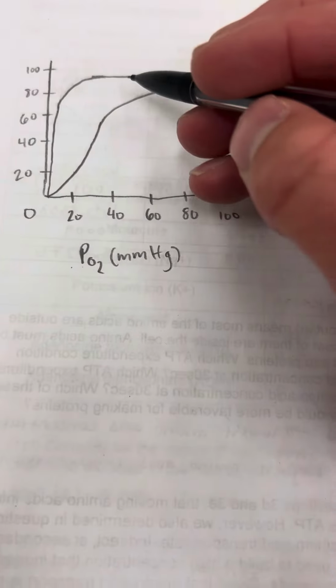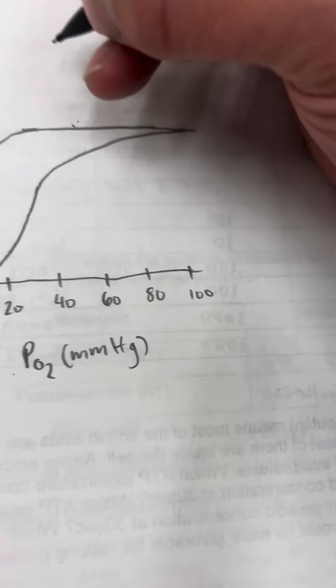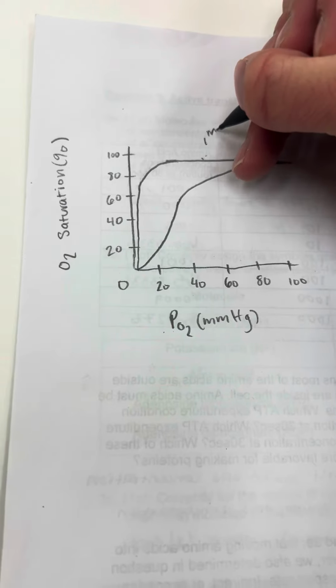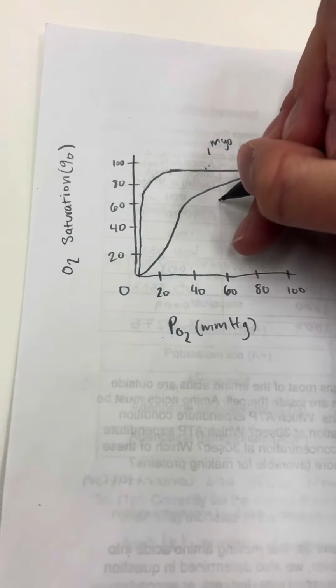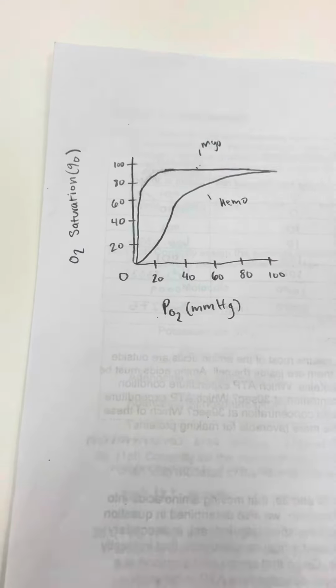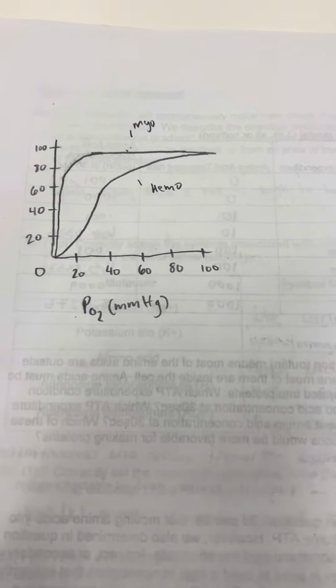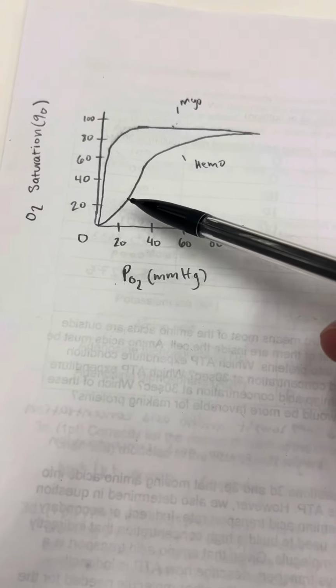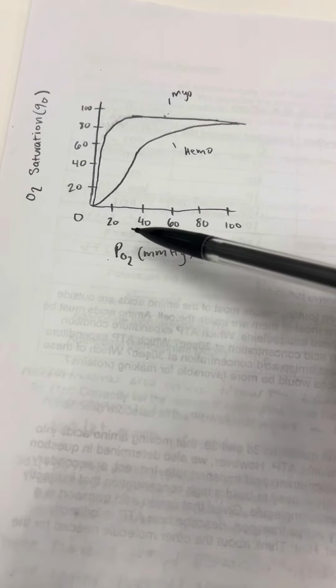Comparing and contrasting the myoglobin and hemoglobin dissociation curve. This one up here will be our myoglobin dissociation curve, myo. This one is going to be our hemoglobin. So the first thing I notice is the shapes, and the reason that the shapes look so different and